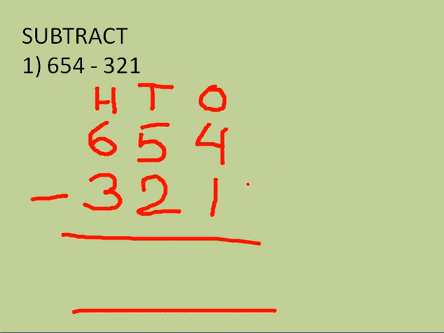You can do it using your fingers or you can make lines. After 4 let us start 3, 2, 1. After 4 I represented it here using lines, or you can do it on your fingers also. After 4 it is 3, 2, 1. So how many lines are there? 3. So 4 minus 1 is 3.